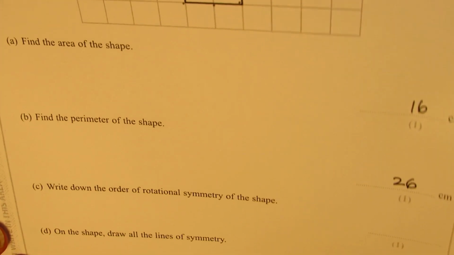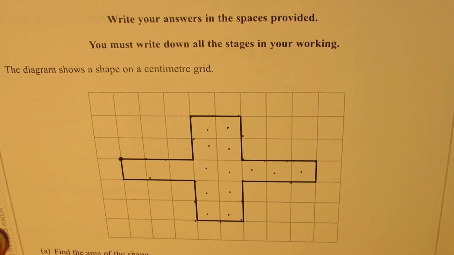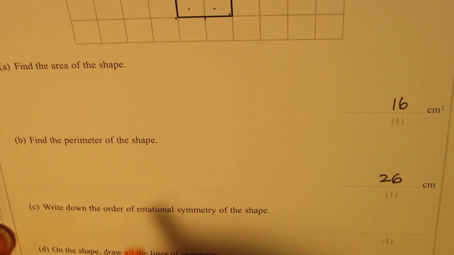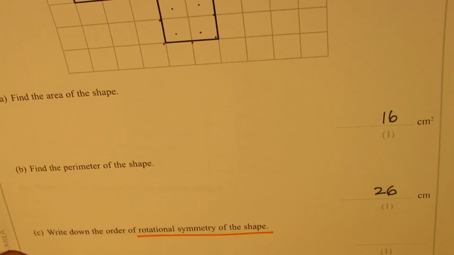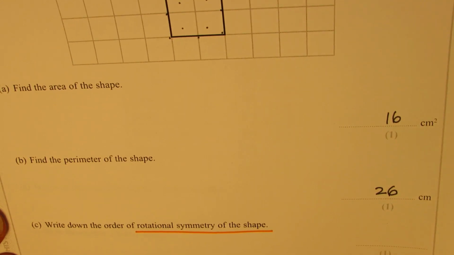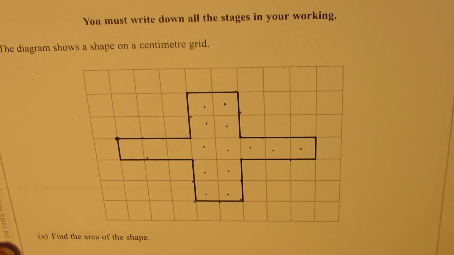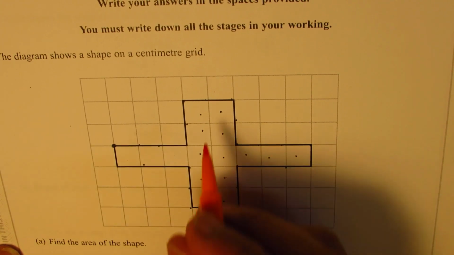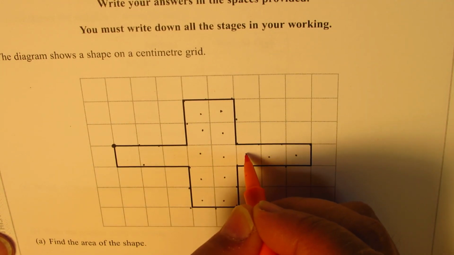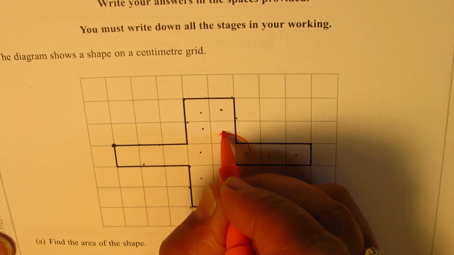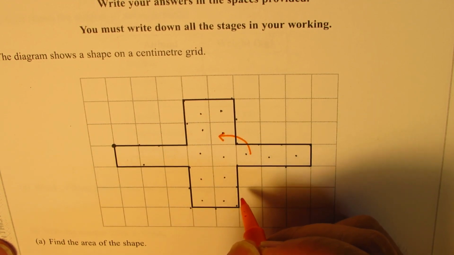Next one is write down the order of rotational symmetry. When we talk about order of rotational symmetry, it's important to understand it, right? Rotational symmetry really means that within 0 to 360 degrees, that means one full rotation, how many positions are there when you get exactly the same shape, right? So one could be if you rotate it like 90 degrees, right? So if you rotate it 90 degrees, then